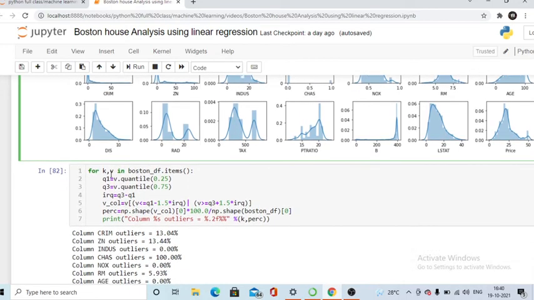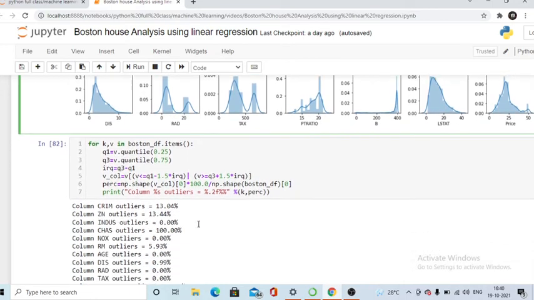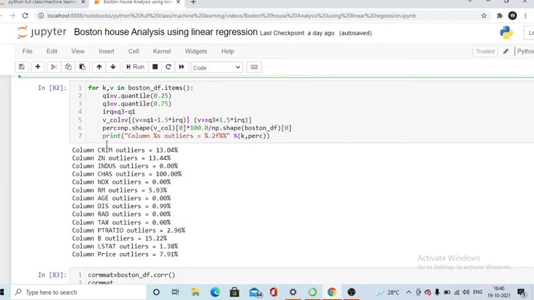Okay, so I have written this code for checking the outliers of each of my features. You can see in column CRIM the outliers are 13.04 and in column ZN the outliers are 13.44. We do not select features which have very large outliers or very low outliers. We basically select only those where the outliers are not too many and not too few. Like you can see PT ratio is good, LSTAT is also very good, price is also good, and RM outliers are also good. So we will select such